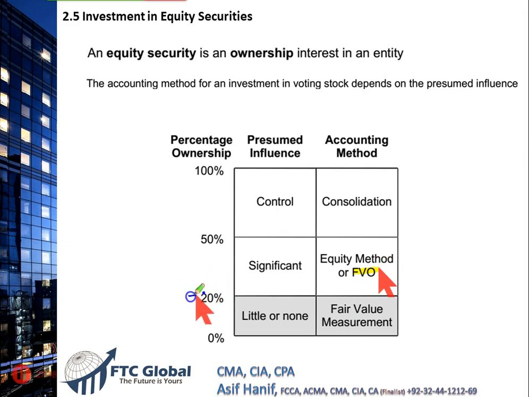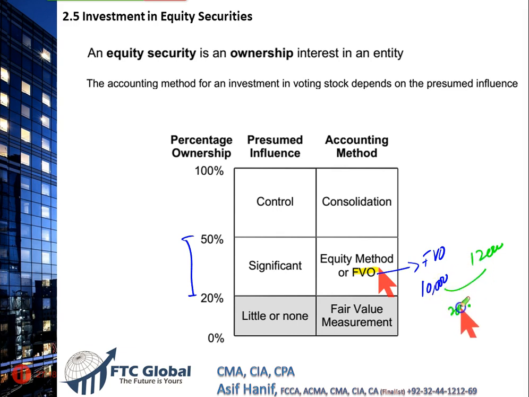If your investment is between 20 to 50%, under the US GAAP, we apply fair value option. What is fair value option? Fair value option is a selection made by the investor. The investor has the right to make a selection of which method he would use to value his investment. If you have selected fair value option, your investment of $10,000, if it increases in value over the period to $12,000,